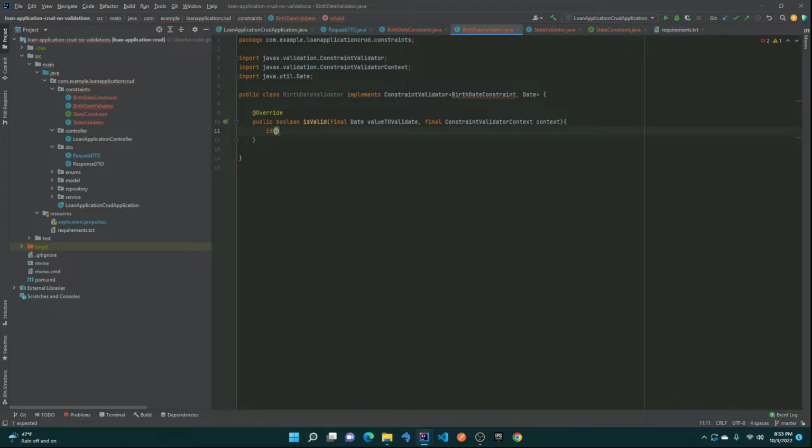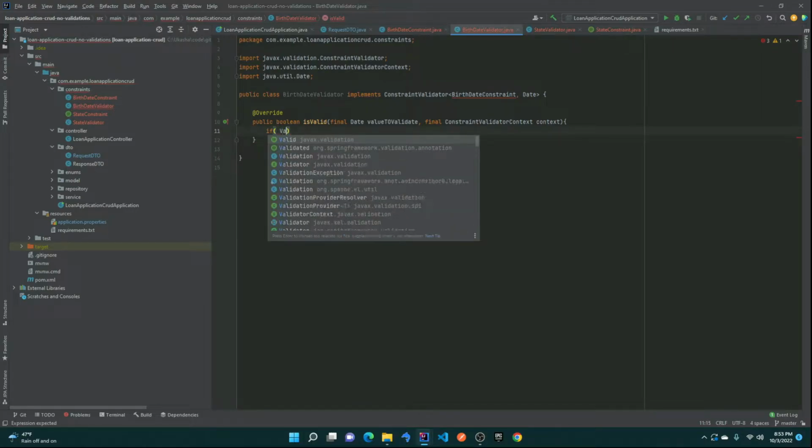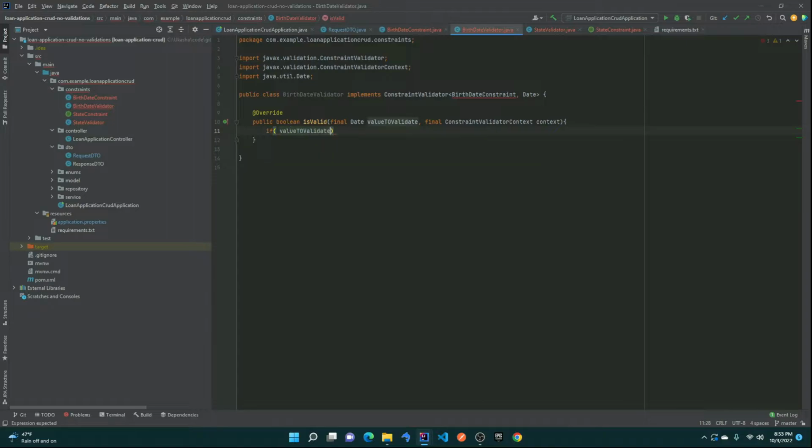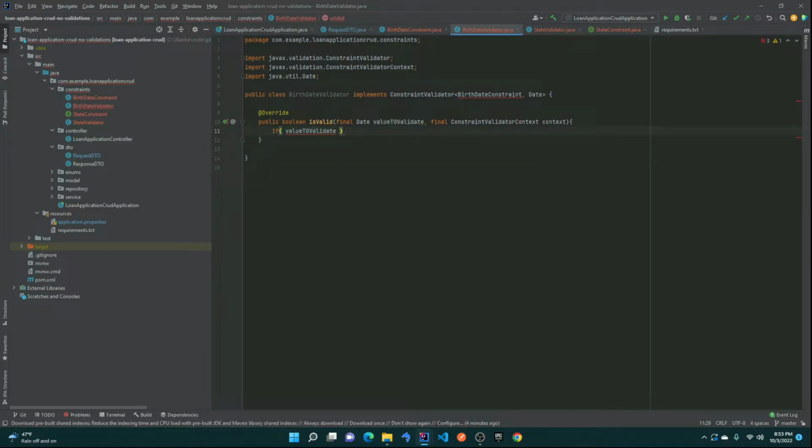If valueToValidate is not equal to null,